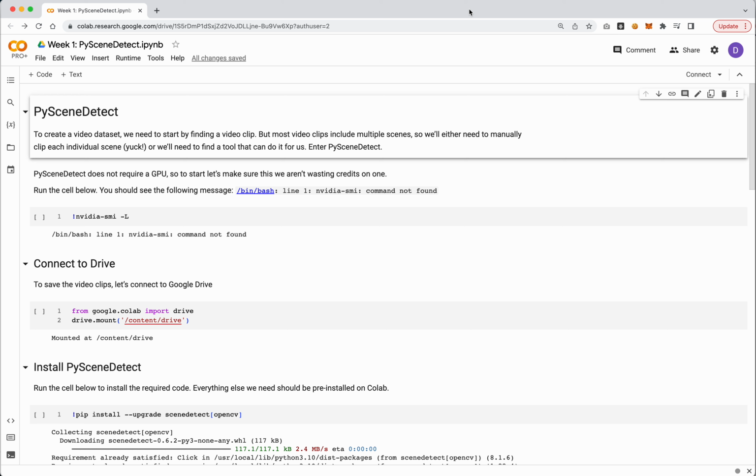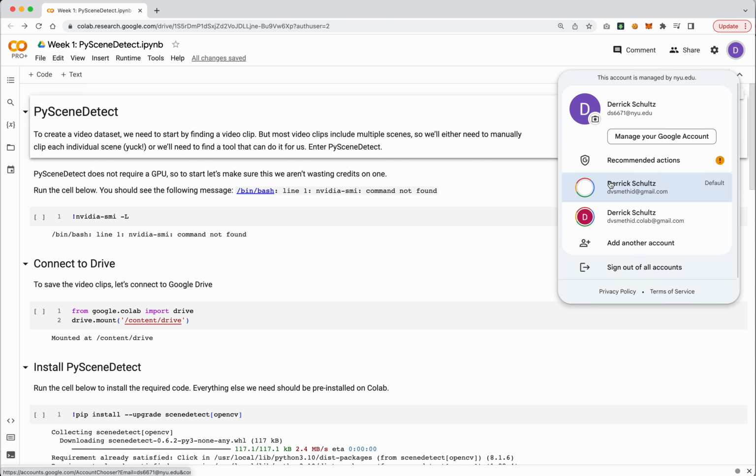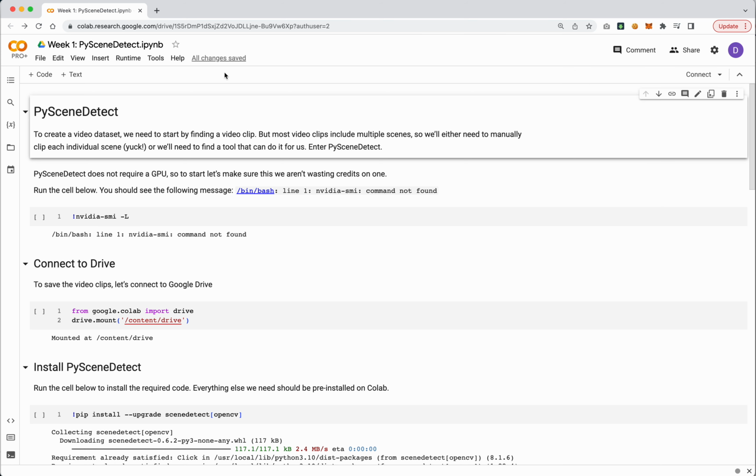Again, key here is when you open a notebook, I'll drop the link both in our syllabus and in the YouTube video notes. You'll want to come over here and hit connect. Make sure you have this notebook open and you're in Colab, and you should have by now either bought Colab Pro or Colab Pro Plus. So it should say either Pro or Pro Plus here. If you have multiple Gmail accounts, you may need to switch between them. You can do that over here. Make sure you're in the one that you paid through. Go ahead and hit connect.